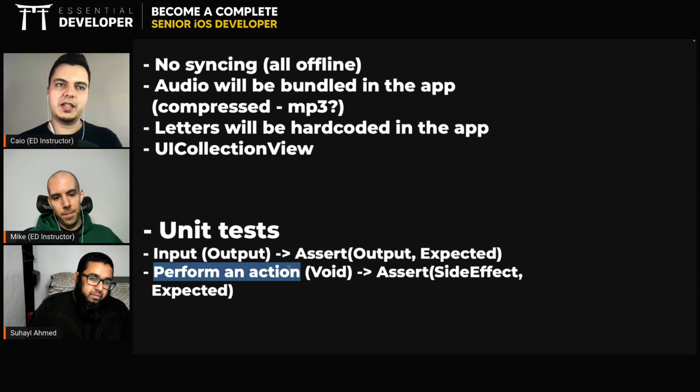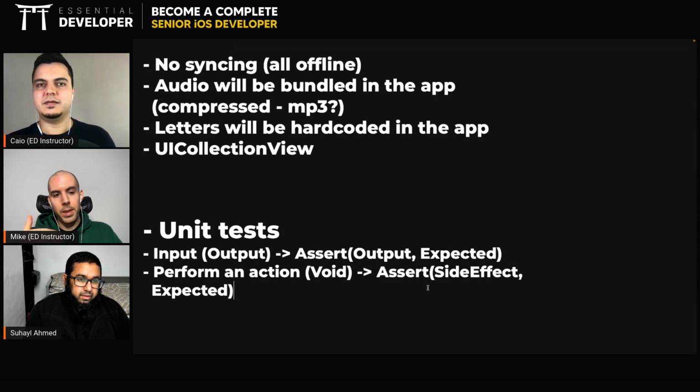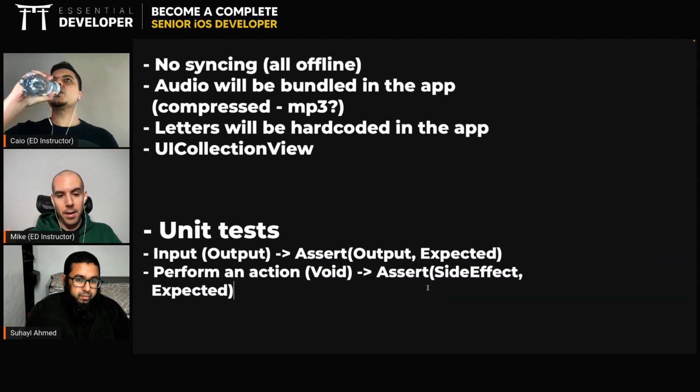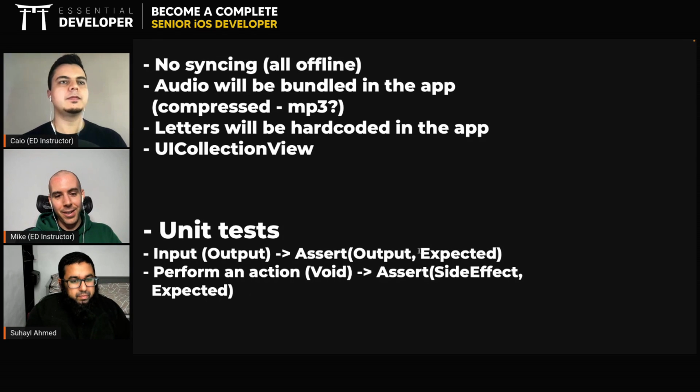With UI, usually you perform an action that returns void, and then you need to assert a side effect that is expected. It's a small shift. Yeah. You still have the same structure for the test: given, when, then. It doesn't matter if you have a pure function: given the input, when you call that function, then you have the output, right? It's exactly the same thing here, but you have more parts participating in the whole testing of your component, right? That's the thing with the side effect.